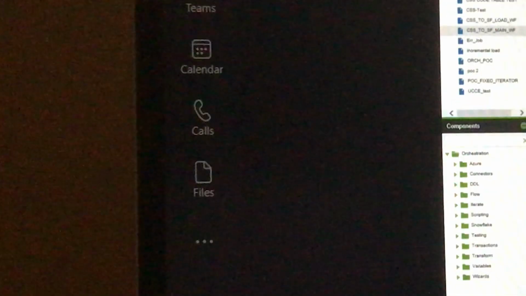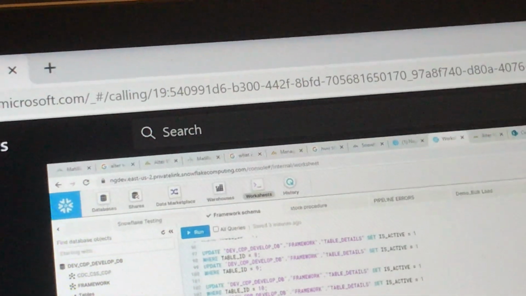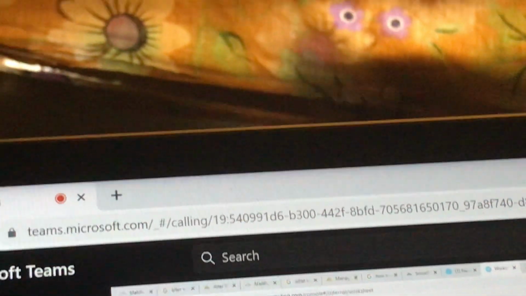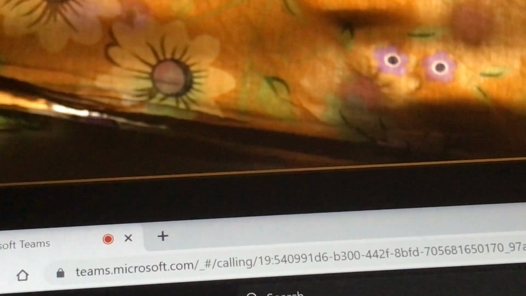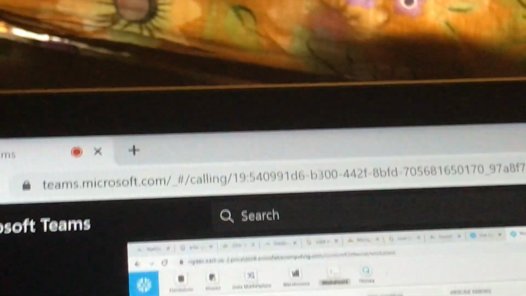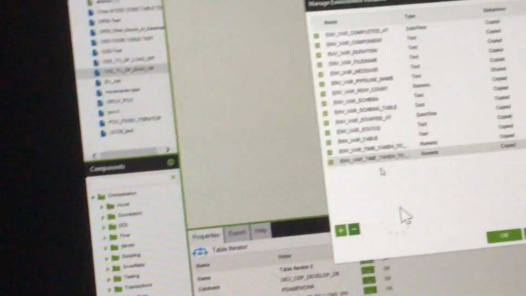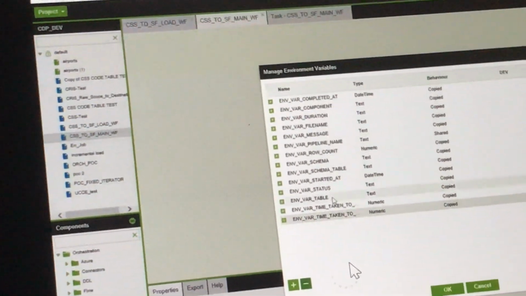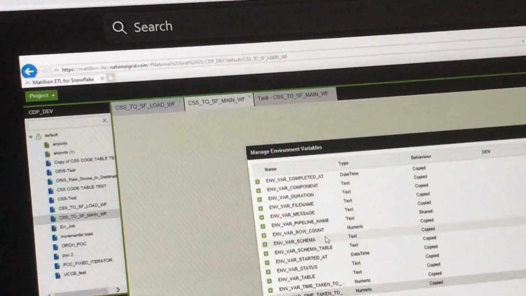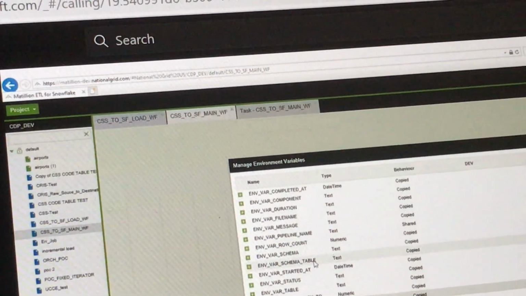Source system name, we don't need source system name. That's why we are mapping only these 3 columns. So we created 3 environment variables. Just ignore the other environment variables, I will come to it. Just see the 3 environment variables: table, schema, and schema table.